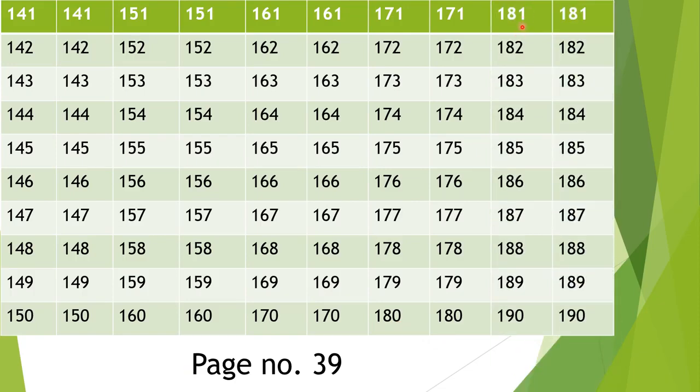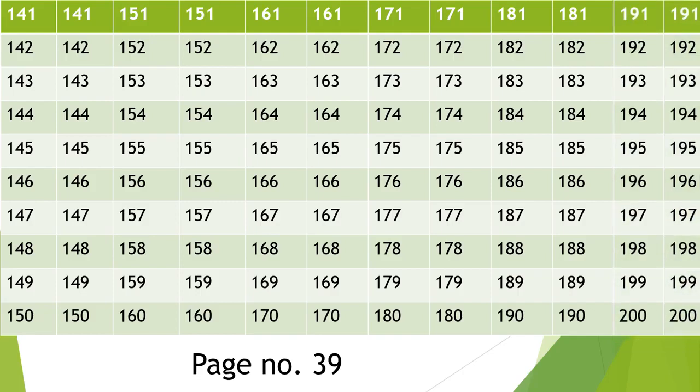181, 182, 183, 184, 185, 186, 187, 188, 189, 190. Next row is 191, 192,